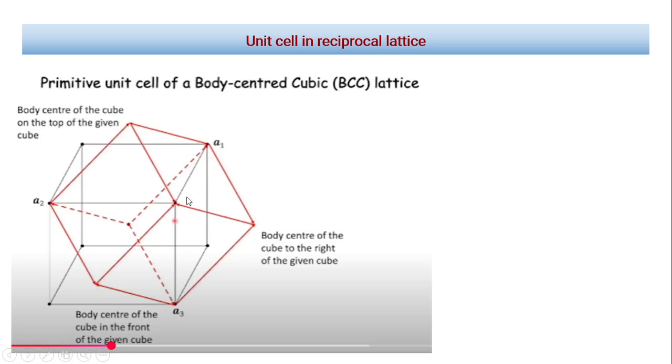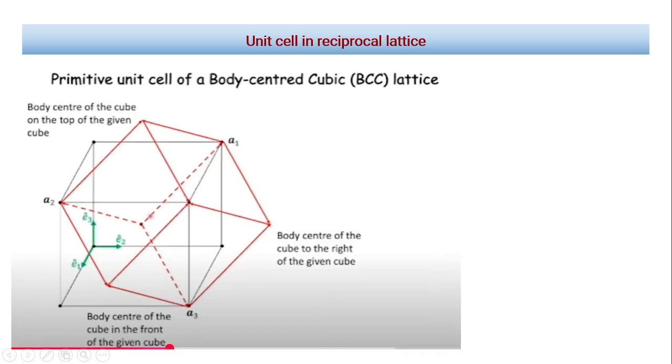Okay, so if you see how we get the translation vector for BCC, it is this A1. In the conventional unit cell we take the unit vectors as E1, E2, E3. Now we take the translation vector in terms of these. So what we'll get is